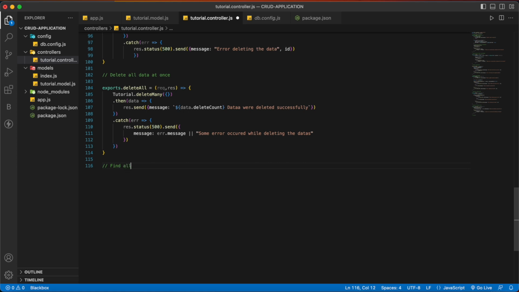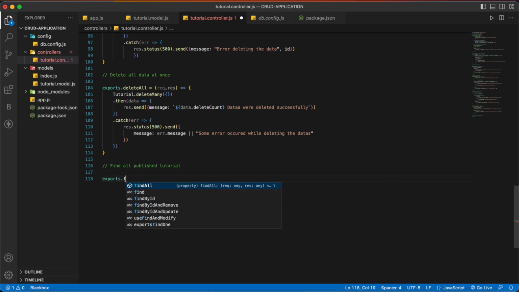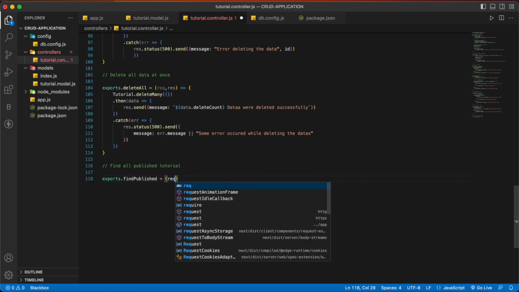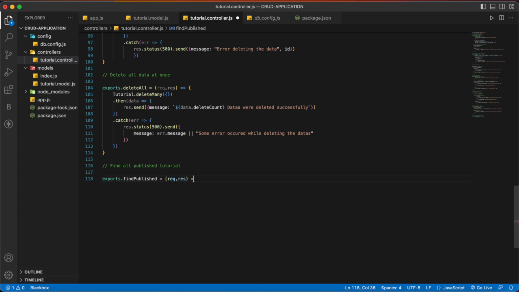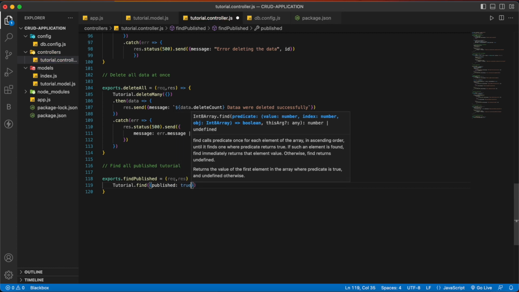So find all published tutorials and write exports.findAllPublished, and then we are going to have our request and response, and then we are going to write tutorial.find, and inside that I'm going to write published: true, and then